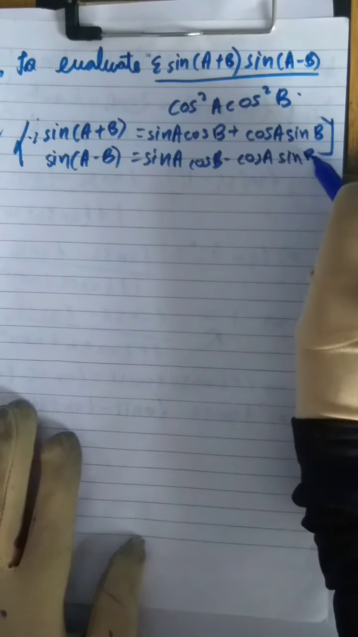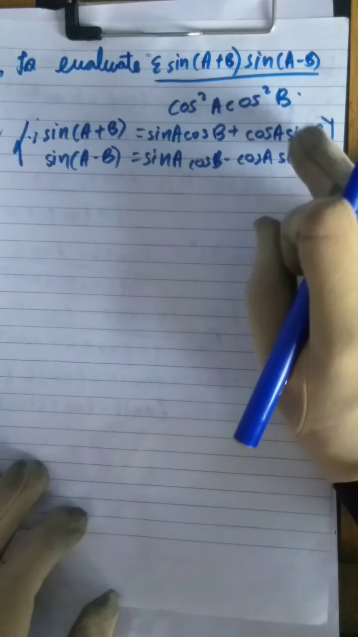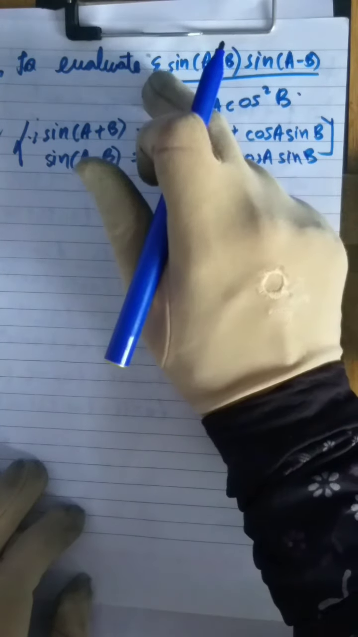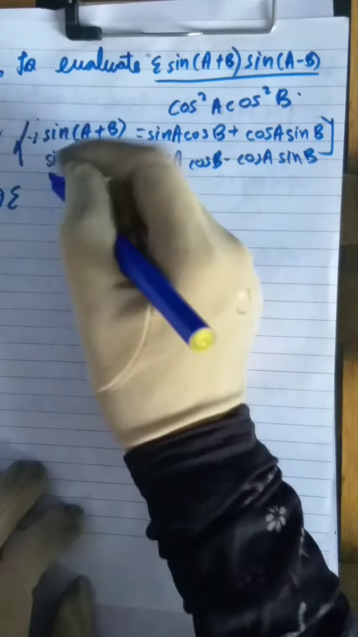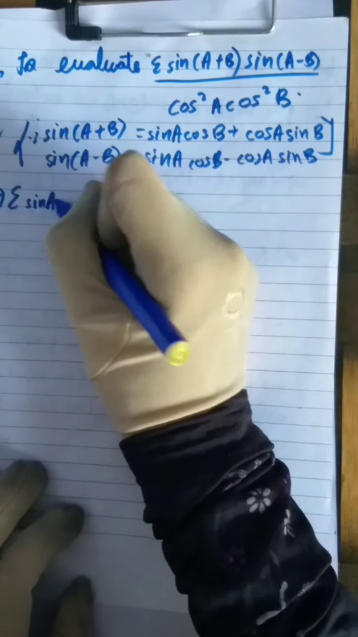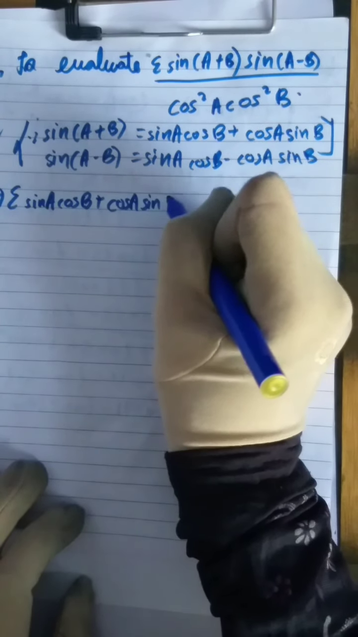So in place of sin(A+B), we'll use sin A cos B plus cos A sin B, and in place of sin(A−B), we'll use sin A cos B minus cos A sin B. And we'll keep sigma as it is. Sigma, or summation, means total. So sigma as it is, in place of sin(A+B), I am writing sin A cos B plus cos A sin B, into